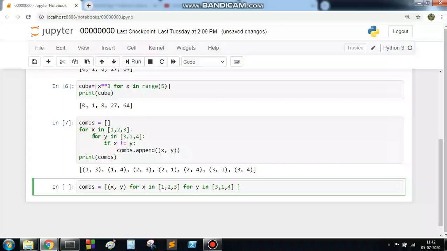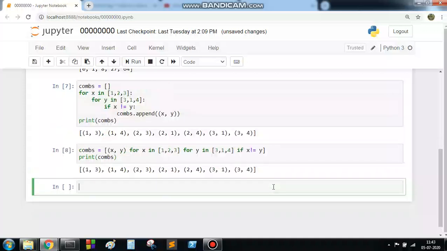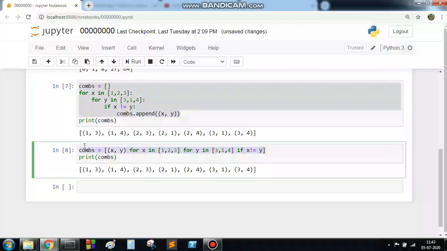Then I go for the conditional statement, if x not equal to y, and then we close the list. It is already clear. Now I am going to print combs. This will give me the same result. This 5 lines of code is concised into a single line by the list comprehension.